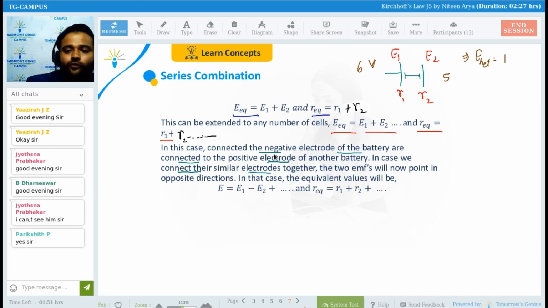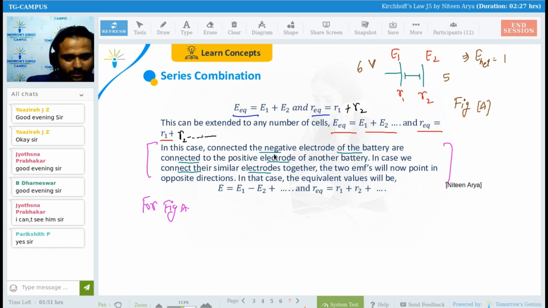Clear? So if you connect in this way, I can write for figure, and this is your figure A. So this formula is for figure A. That is, this paragraph is for figure A. In this case, the negative electrode of the battery is connected to the positive. In case we connect similar electrodes together, then two EMFs will now point in opposite directions. In this case, the E equivalent